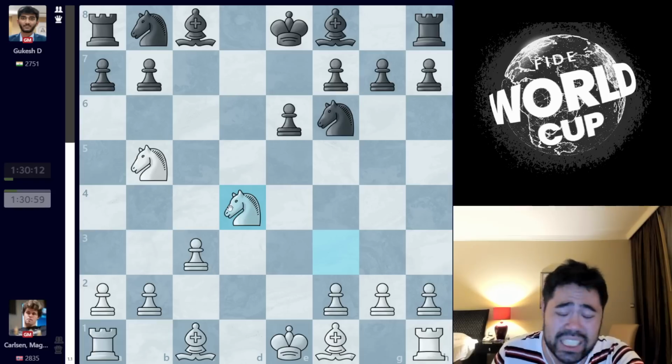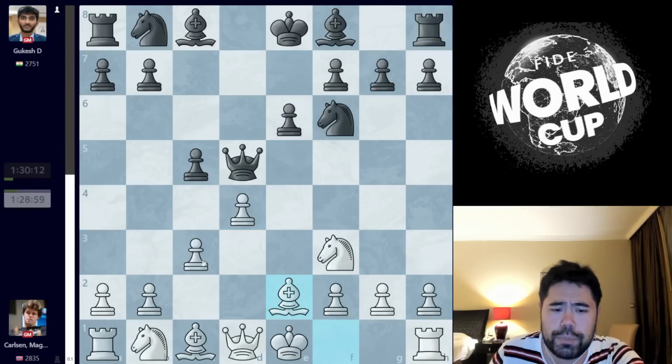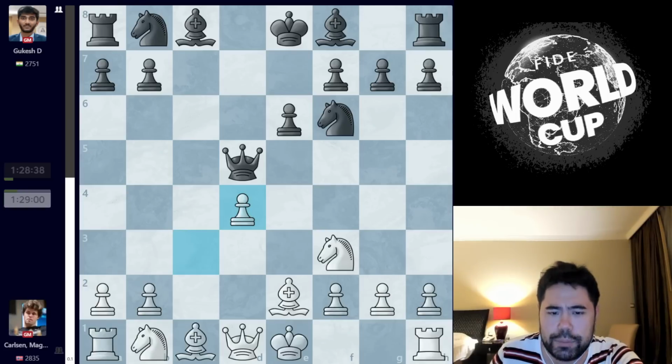And I think for a player like Magnus, he would have loved to have gone straight into the endgame, especially in a situation where a draw is enough to move on. However, Magnus decides to play bishop e2 instead, and now we get pawn takes pawn on d4. Magnus takes back with the pawn so that he can finish his development with the knight.